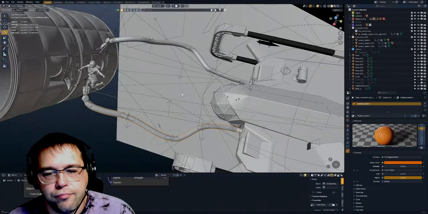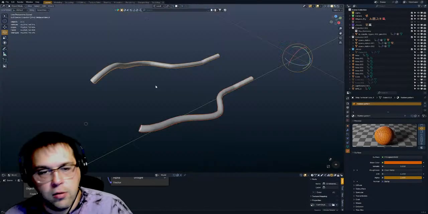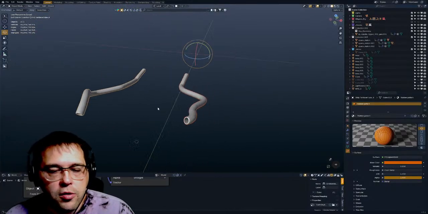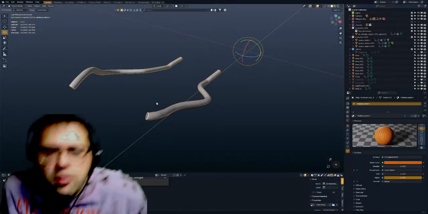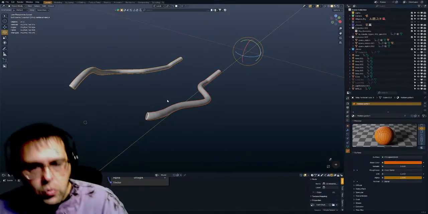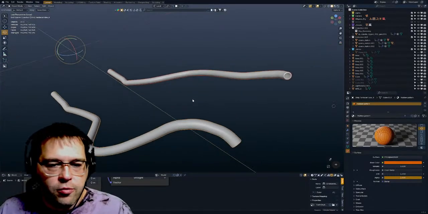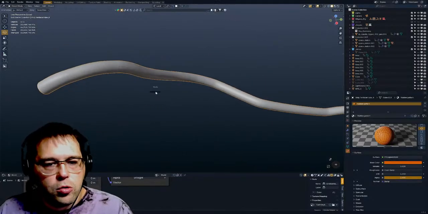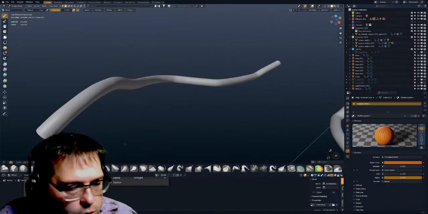Okay. So now I'm going to take these, I'm going to isolate them, and I'm going to do a little bit of sculpting and painting. I want them to have some wrinkles on them, so let's start with this one. Sculpt mode. Okay, so